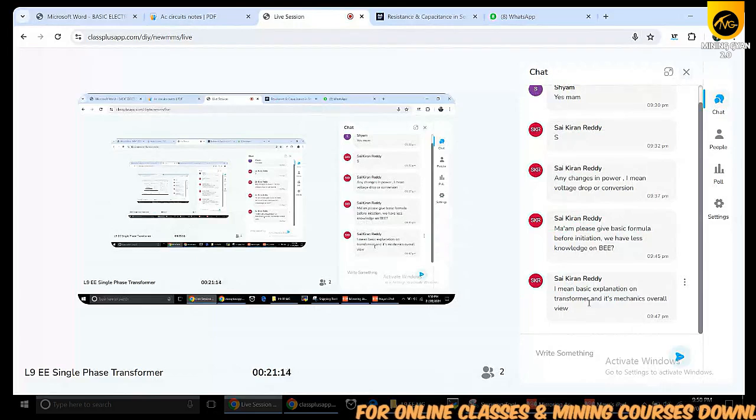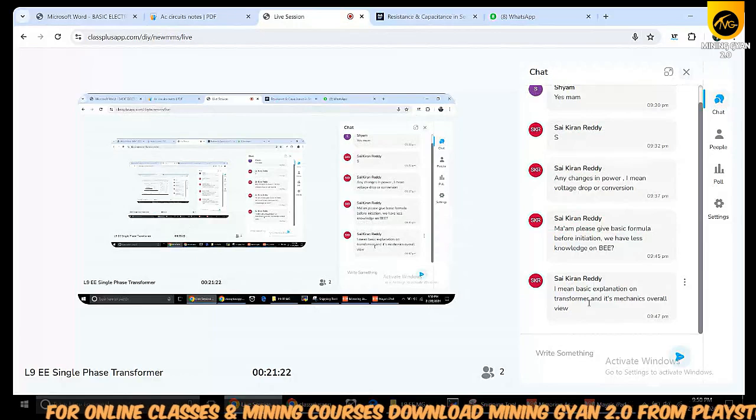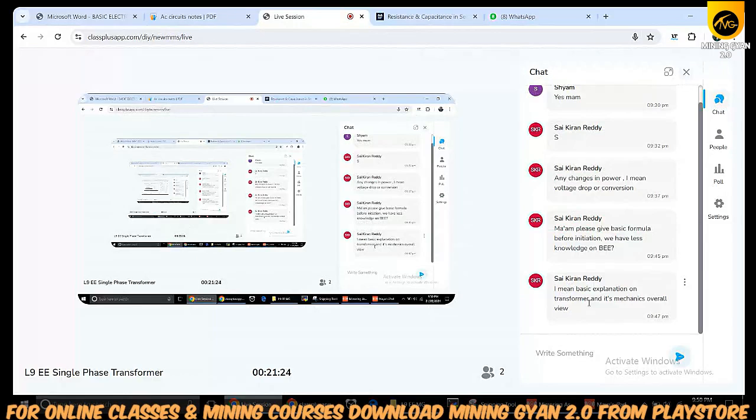After that, I will give you some formulas, because you need to know just a few things. If I go into detail now, that will mean in-depth knowledge of the transformer, which I don't want, because I don't want to extend the class. These things are sufficient to know in order to solve the questions. I told you about the primary and secondary coils.